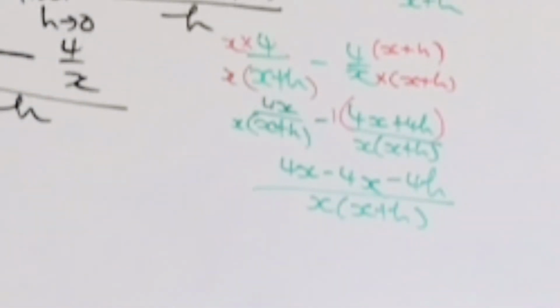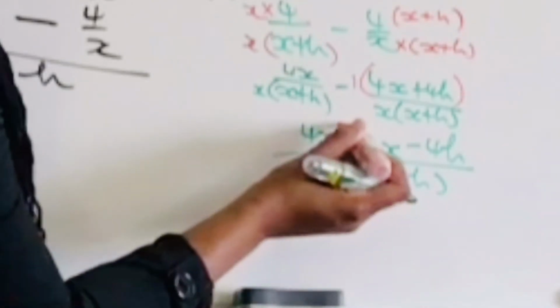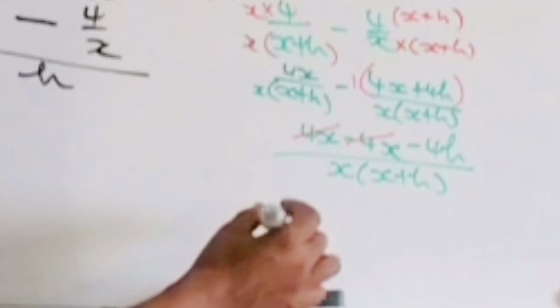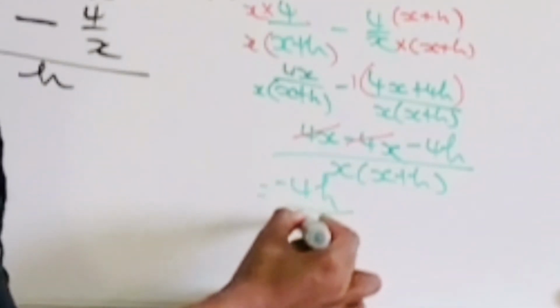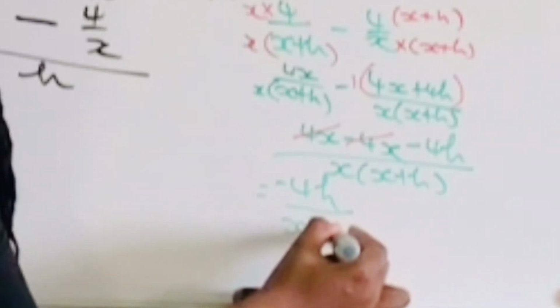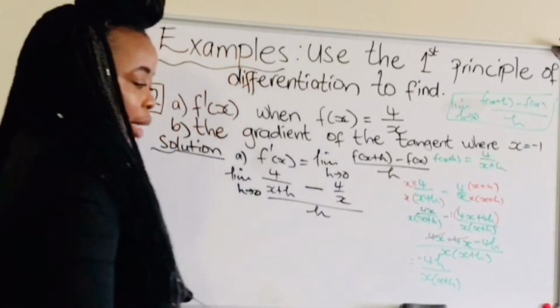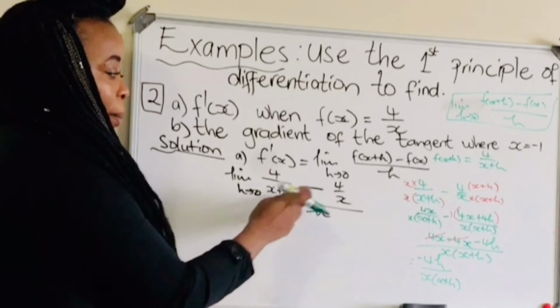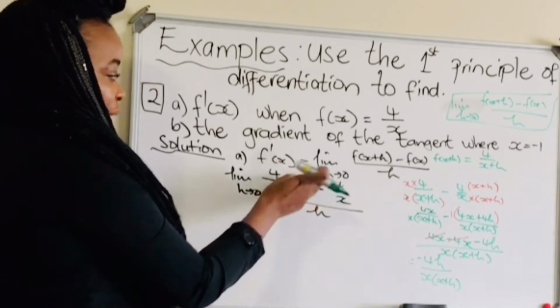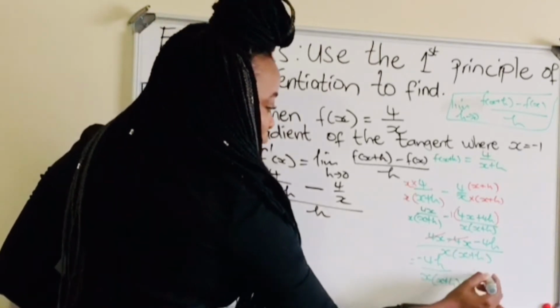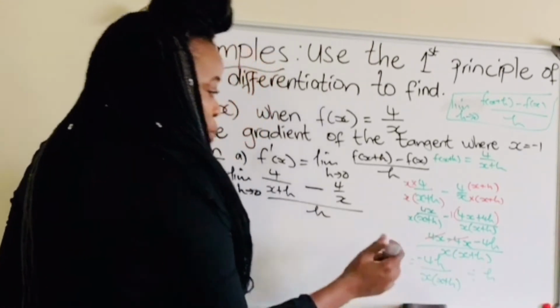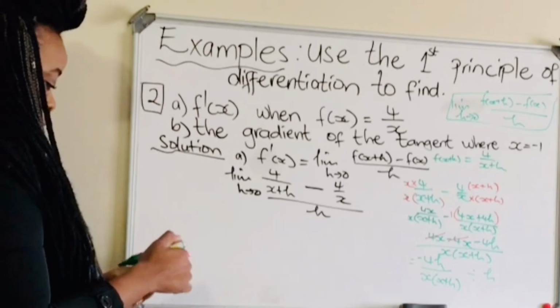Then what is that equal to? That is going to give you 4x minus 4x is gone, right? So what are you left with? I'm left with negative 4h over x plus h, right? That's what you have. Then remember we said, this was the numerator, which is that, divided by h, right? Which means what you have here is